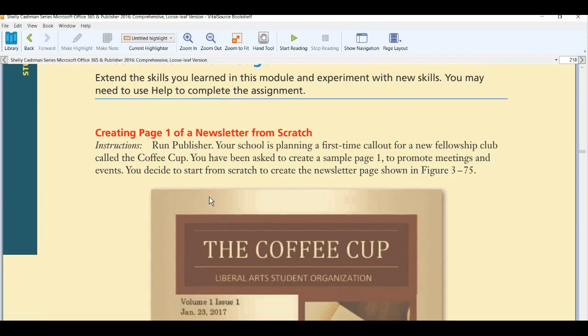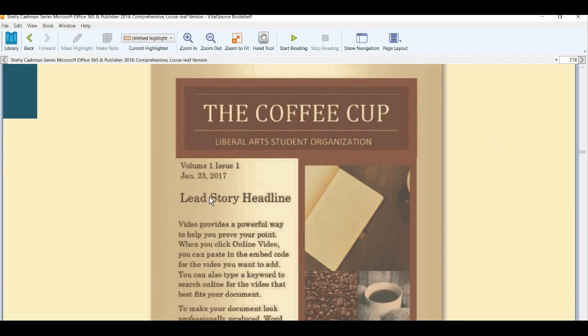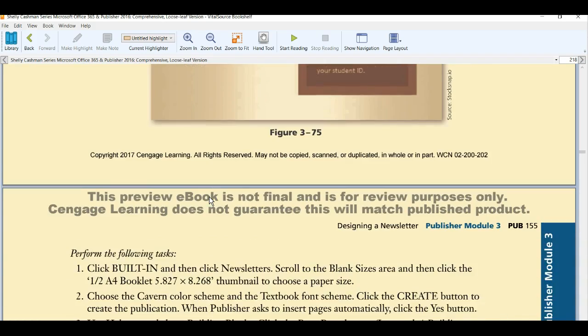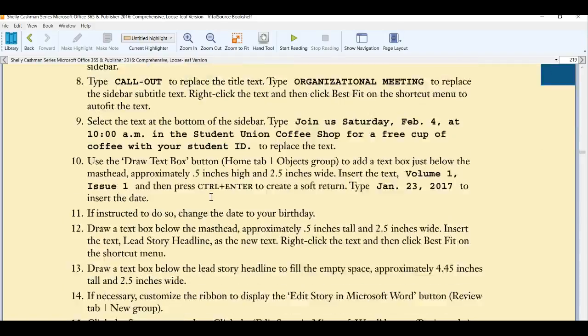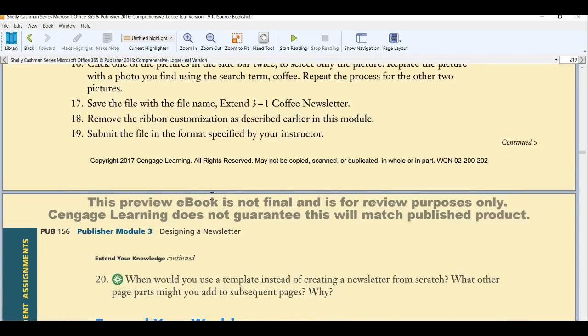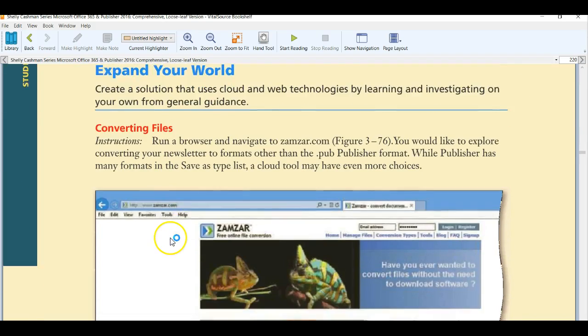Then extend, page 1 of a newsletter from scratch. This time you won't be using a template, and it shows you what it should look like when you're finished. There are your instructions. Continues on to page 156, and again, number 20, you do not need to answer that question. You should think about it because you may see it in one of your quizzes, but you do not need to answer the question. You skip Expand